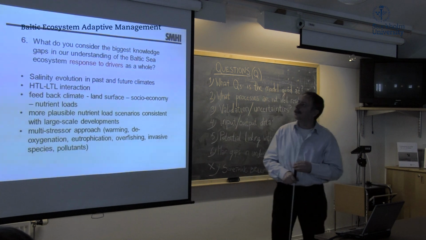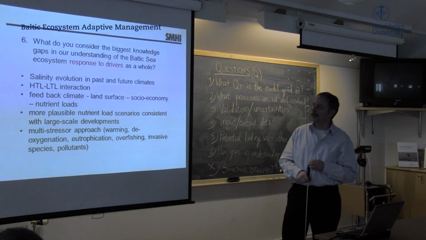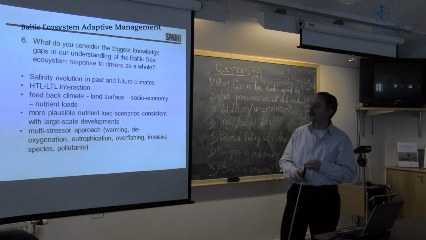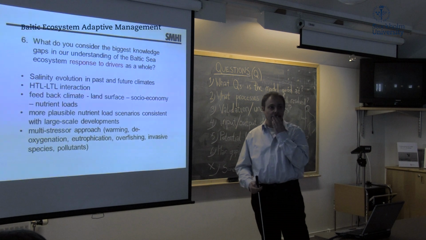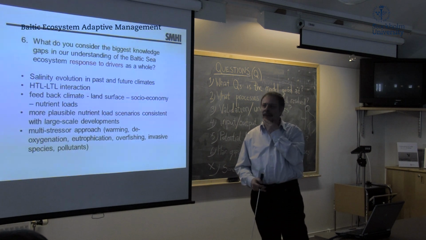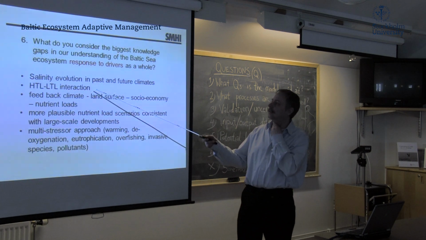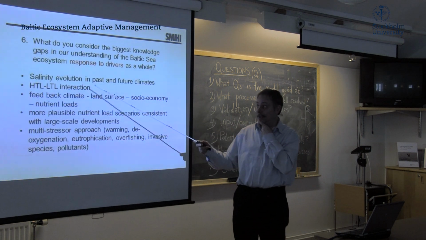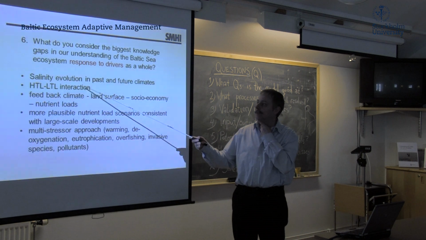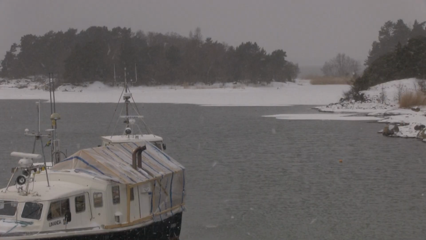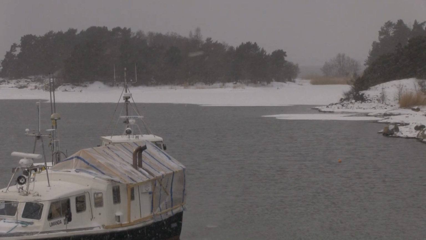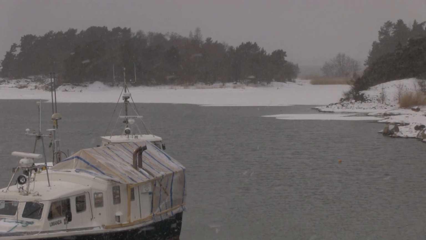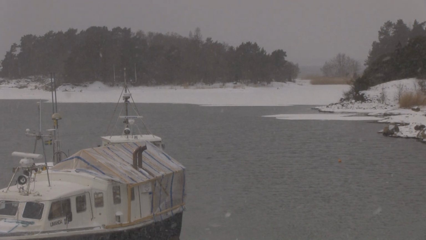Then another issue, I think, is lower trophic, higher trophic level interaction. With our model approach, we cannot really study it. We have tried a little bit, but that was not so successful. There are new models under development, these end-to-end models that can actually address these issues, but we do not know today how much is the impact of top-down versus bottom-up control. Feedback